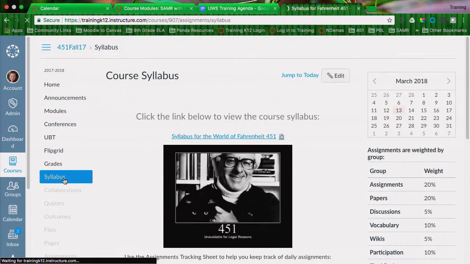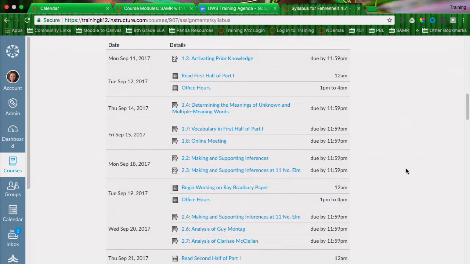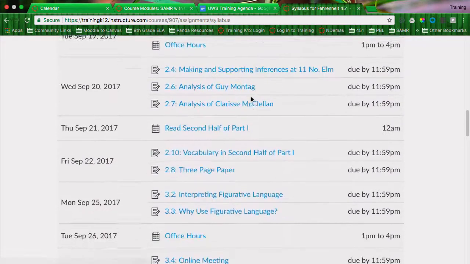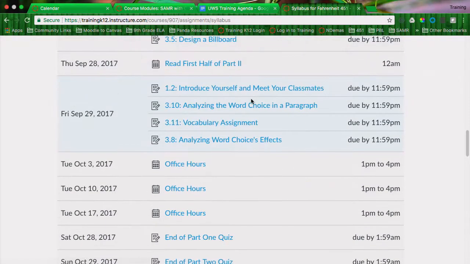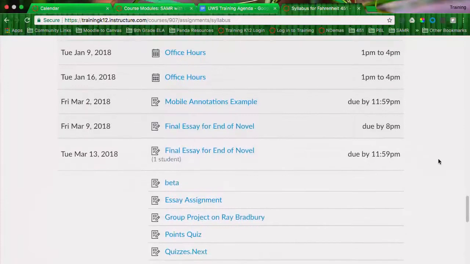I'll show you the syllabus in this course that has a lot of assignments. So the summary in here, it's going to start with the first thing that was due. Those are going to be active links for the students. So if they're using my syllabus page to access things in my course, they're going to link right to there. This is showing you here that those are their events that also are showing up. So I put a reading assignment in there for my students and also office hours. I'm just going to scroll down to let you see that this can become pretty long over the course of a semester.